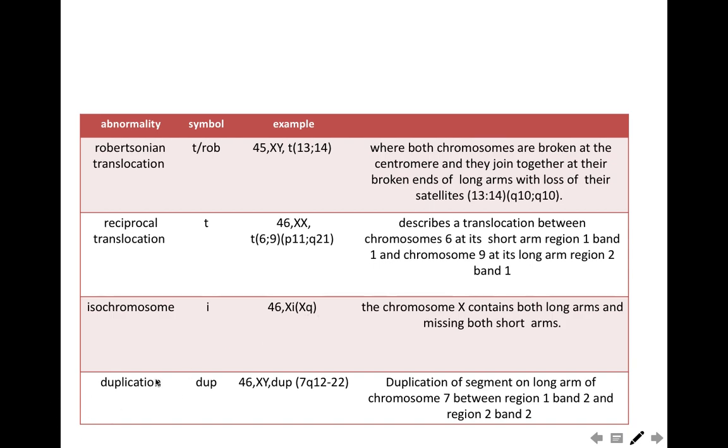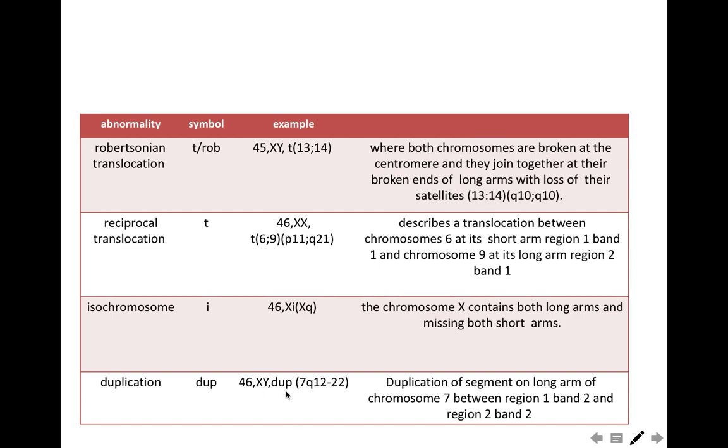The duplication is the gain of a chromosomal part because of unequal recombination during crossing over. فبيبقى في one segment of the chromosome is duplicated. It means instead of having one copy of it we have two copies. فعشان كده الاكسشينج هنا مش زي في الترانسلوكيشن is between non-homologous chromosomes. دول non-homologous، لكن هنا بيبقى the unequal recombination في crossing over between homologous chromosomes، وعشان كده